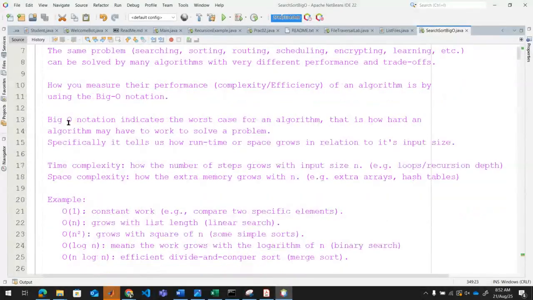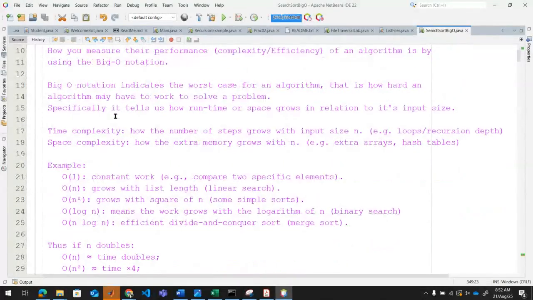Now, the BigO notation indicates the worst case for an algorithm. It always indicates the worst case for an algorithm. So how bad will it be for this algorithm to run? What will it take? That's the right word. What will it take for this algorithm to run? Will it take much space in memory? Will it take much time to compile? All right, so that's how we measure that. So we look at that in terms of